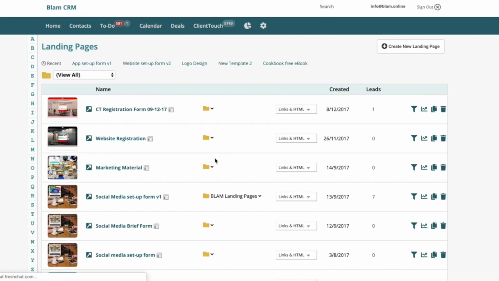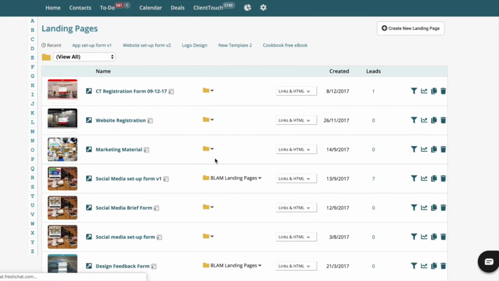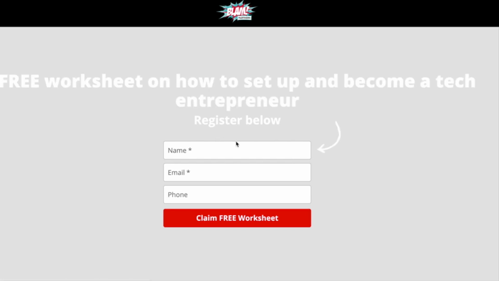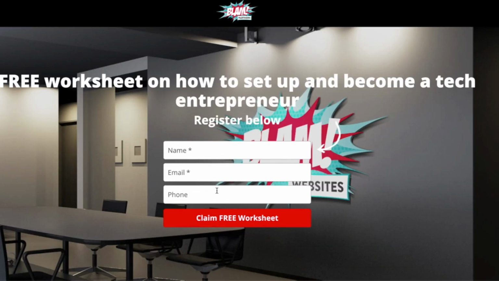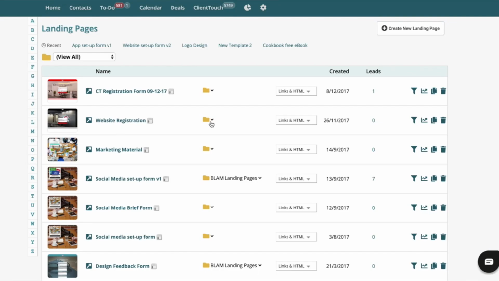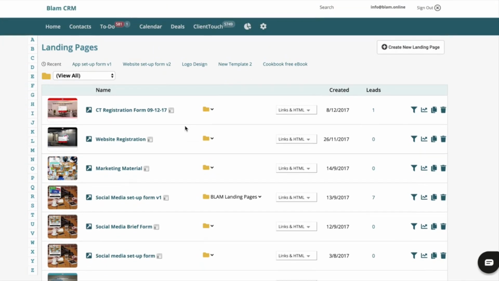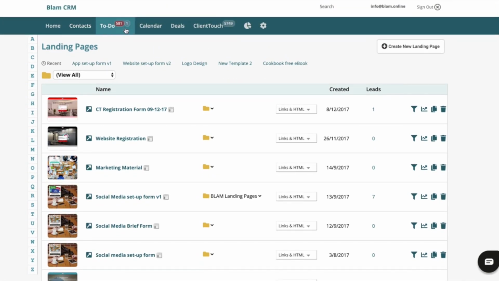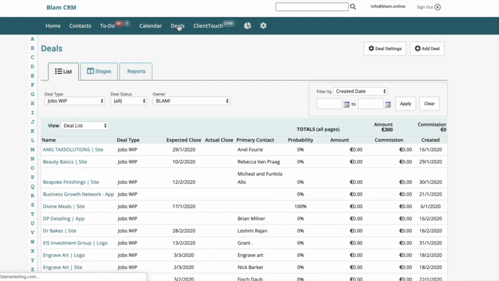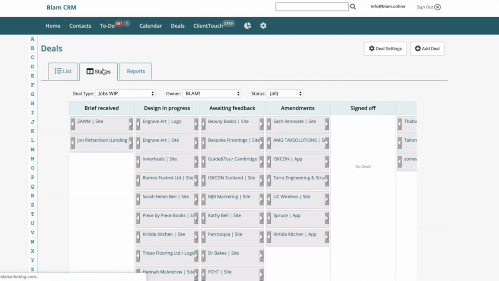page system built into it, which means that you can build a landing page, and the contact from that landing page would go into the CRM. That could then be triggered to go through to the autoresponder, and you can use that as a very powerful marketing tool too. And then finally, and the thing that we use a lot in our business, is the deal